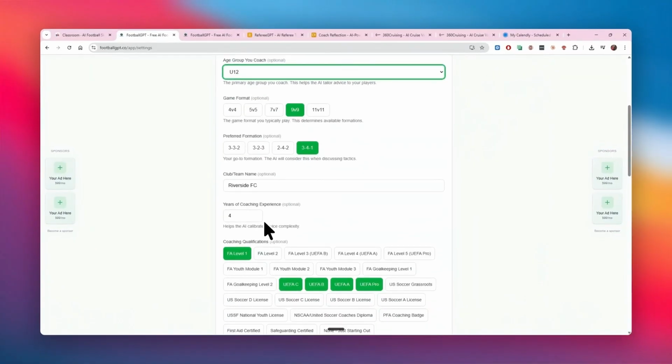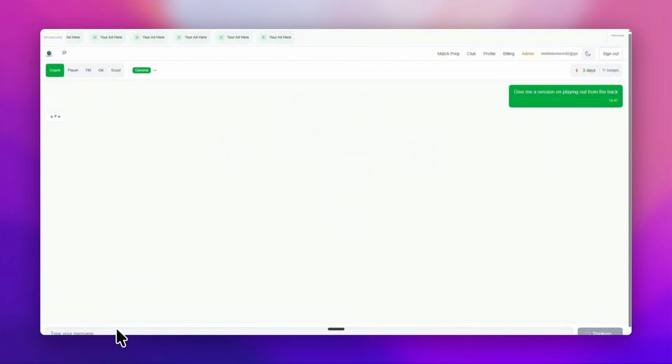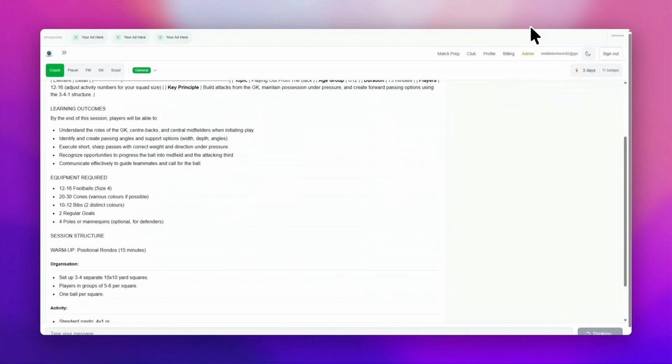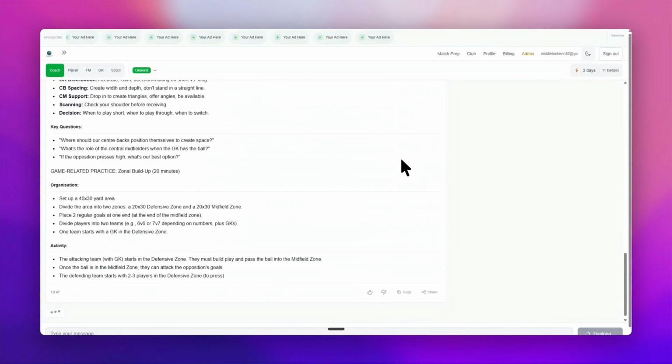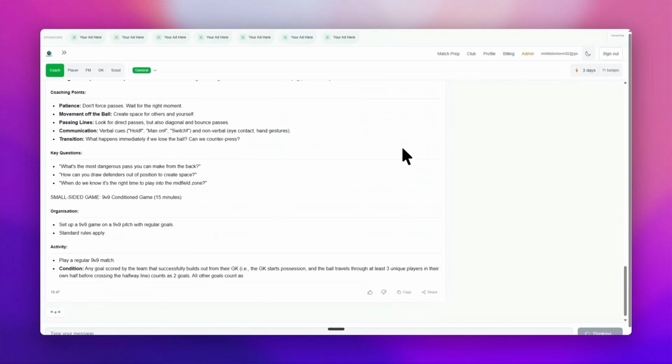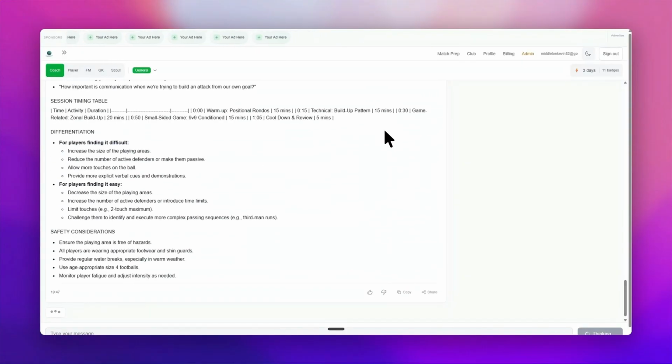Now this prompt isn't great. However, FootballGPT knows your context, so it will understand the age and stage of your players and give you something that aligns with that. And this is the output. So you see how that works? In under 1 minute, I got a complete session. It's given me some session plans that are not quite right, but it's given me a complete session. Now I need to go away and either refine that within the FootballGPT engine or outside of that to create my written or sketched session plan.